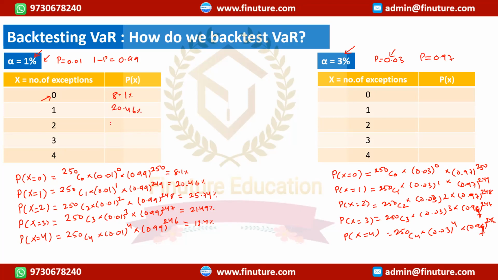20.46%, 25.74%, 21.49%, 13.4%. Likewise, on this side, which is the case we are actually interested in for our question. This is just to validate your book. You have been given some information for this one, and this is the actual question that we are trying to solve. So over here it's